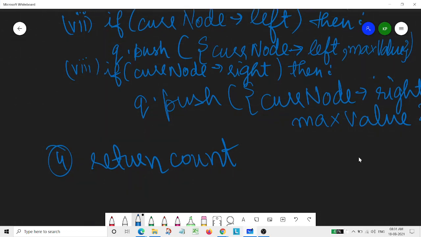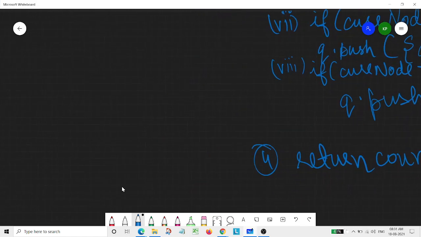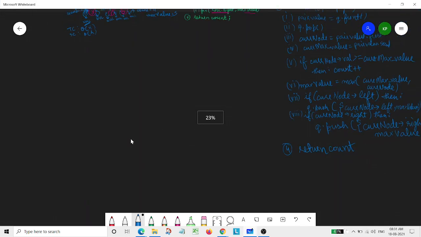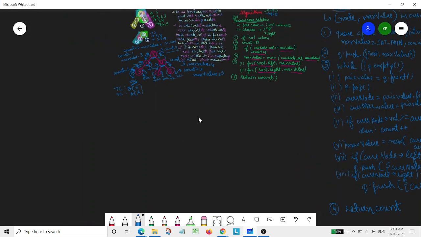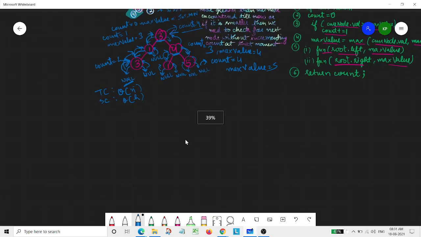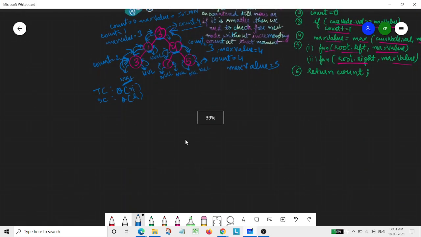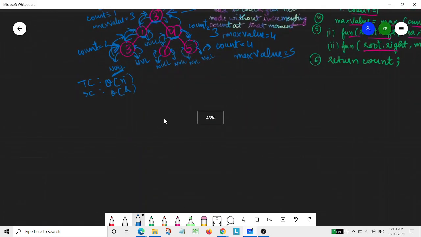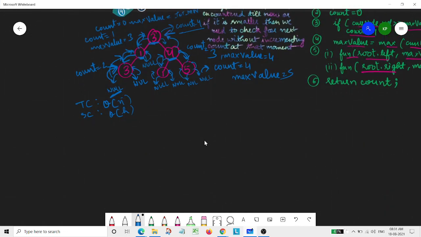And basically the time complexity and space complexity for this solution is again the same as it was for DFS. But in the DFS part, one thing was there: if we ignore the recursive stack, meaning if the question said that we don't need to consider the space complexity for the recursive stack, then the space complexity would have been order of 1.